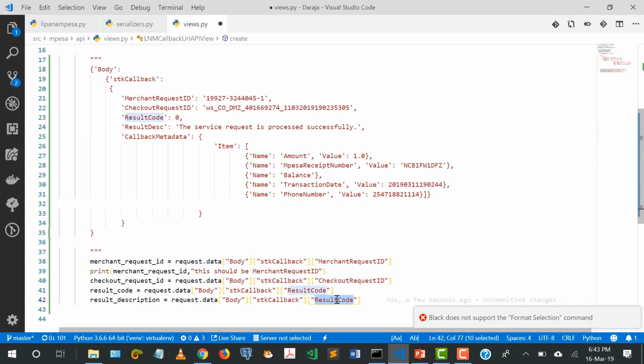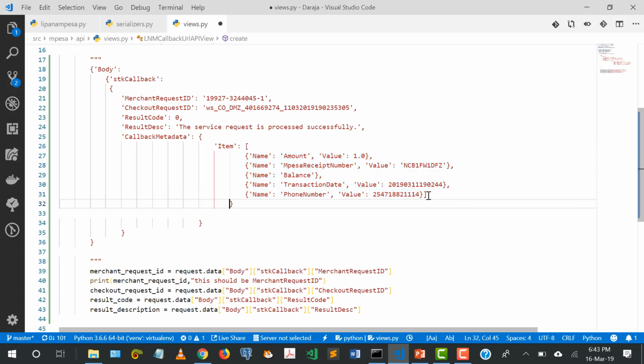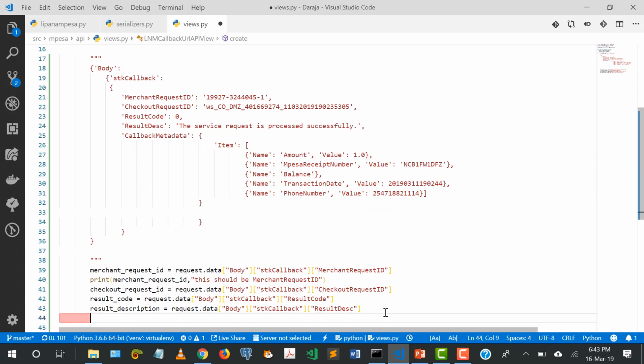Copy this. Okay, now it gets trickier because this one, we came to the body, the STK callback, we had this and this. So when we now want the amount, this becomes a bit tricky, because we need to go inside the callback metadata, then we go inside the item, and inside there we have this array which we need to extract some information from. So the way I'm going to do it is I'm going to say I need the amount. So I'm going to say amount is equal to, I'm going to copy this,